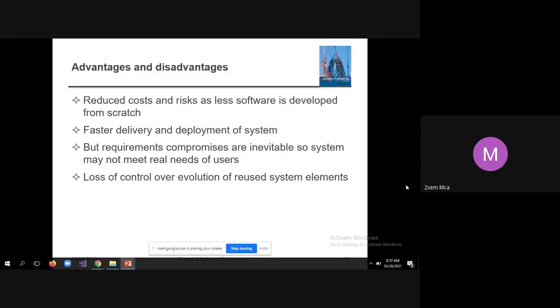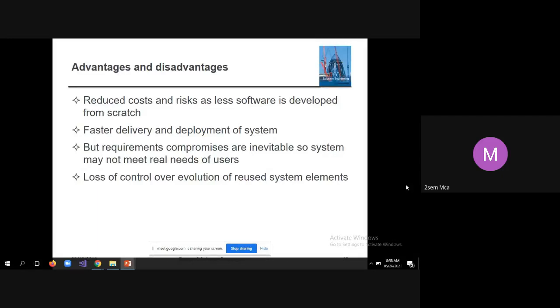But requirements compromises are inevitable, so the system may not meet the real needs of users. Sometimes the developers may have to tweak a little bit so that the software fits exactly to the user's requirements.